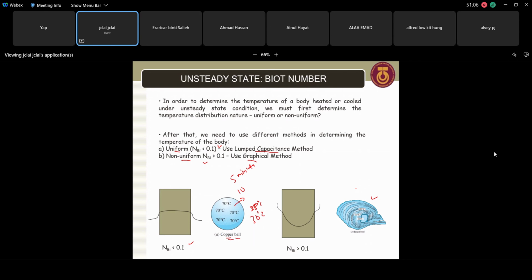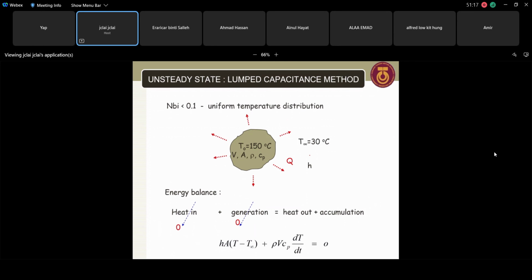But it is not the case for the beef. Okay, so that's why we must use different methods. So let's see the two methods one by one. For the lumped capacitance method, I mentioned already, the Biot number is less than 0.1, and the whole body has a uniform